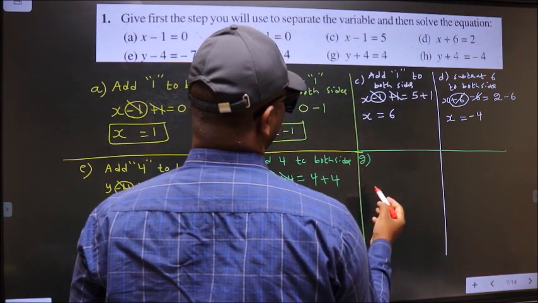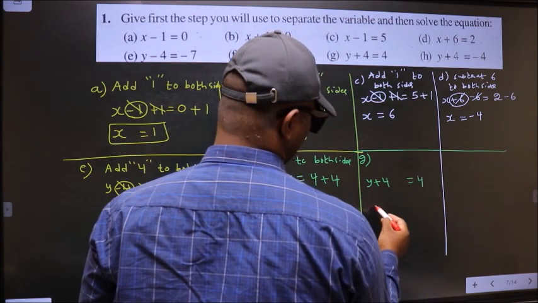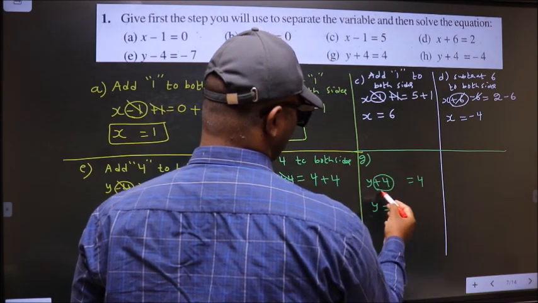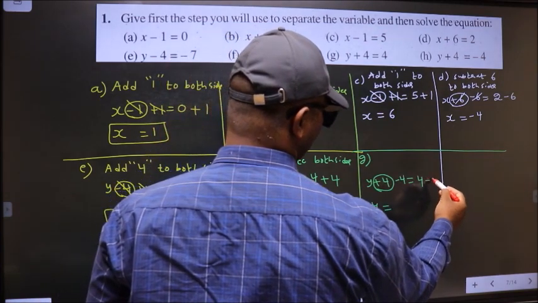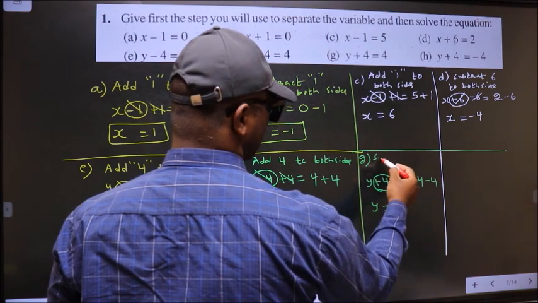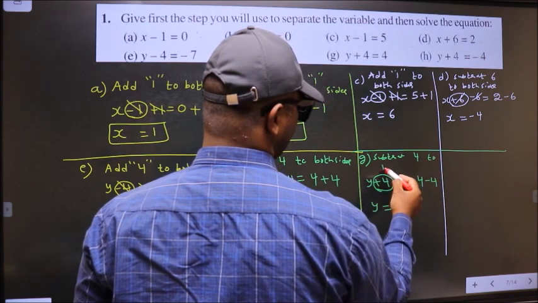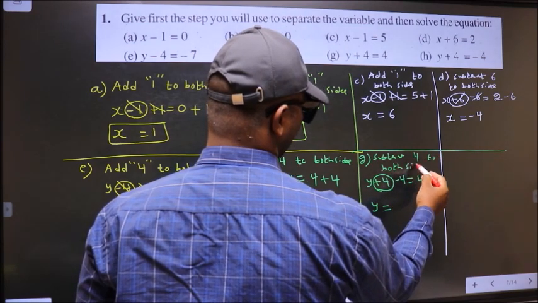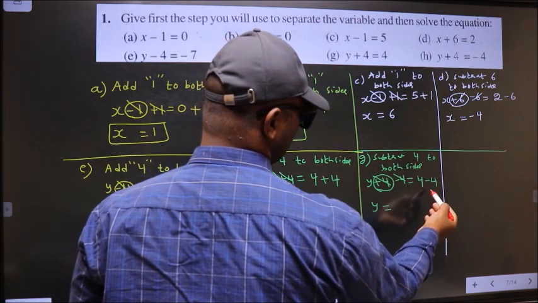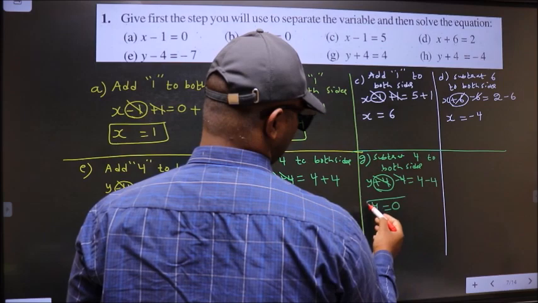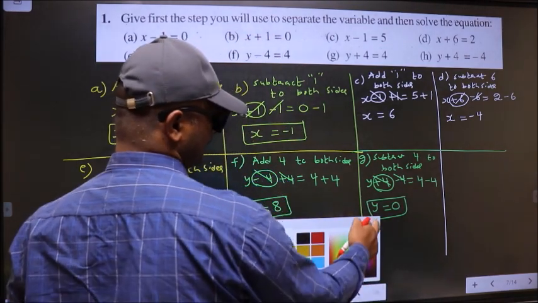G. y plus 4 equal to 4. Now to get y, we should remove plus 4. To remove plus 4, we should subtract 4 on both sides. So step is subtract 4 to both sides. So plus 4 minus 4 cancel out, you get y equal to 4 minus 4, 0. This is our answer. Next,